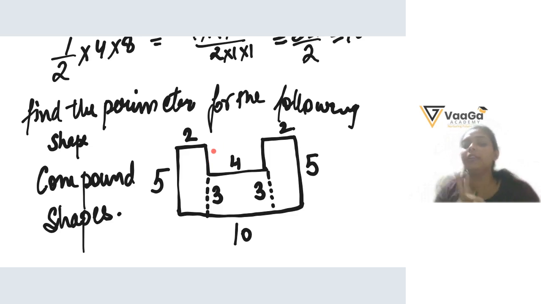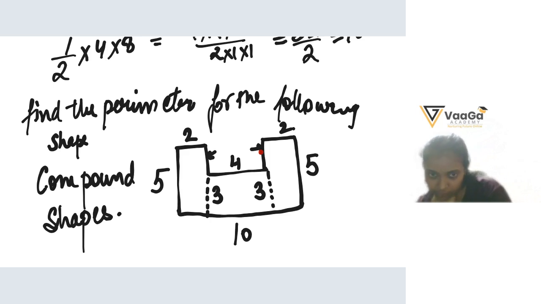So, okay. What two sides are we missing? We are missing this side and this side. According to you, what should it be? If 4 centimeter and then 2 up there and 5 there. Shouldn't it be 1 centimeter? No, why will it be 1? Because 5 is given and 4 also is given.